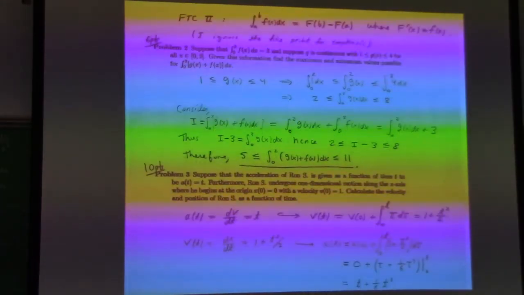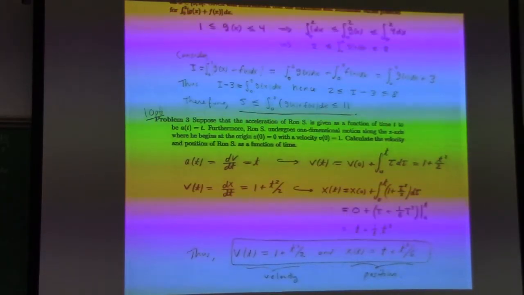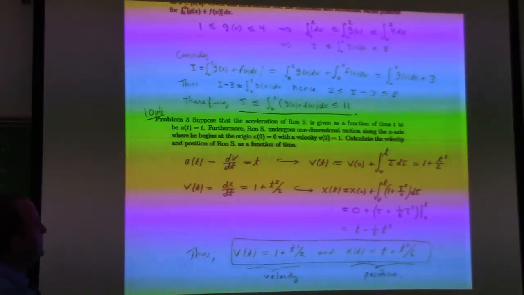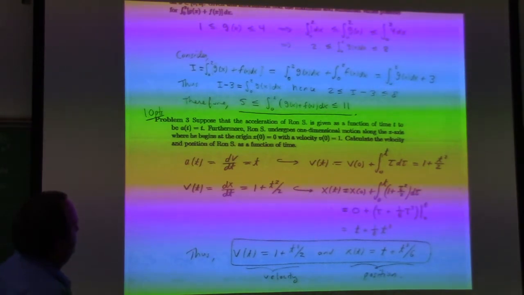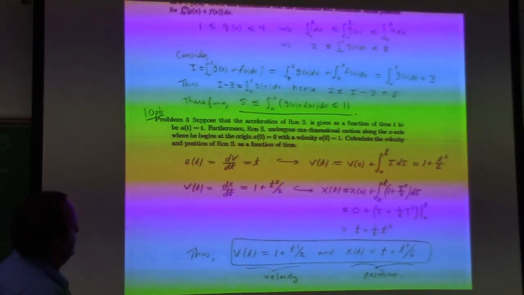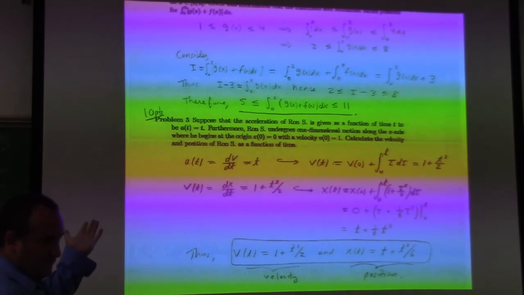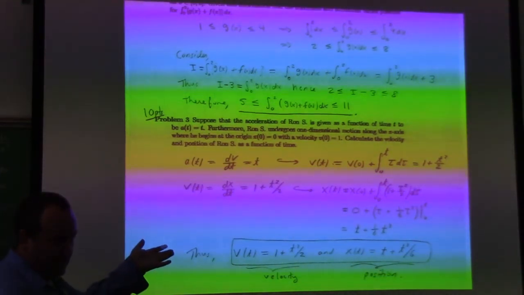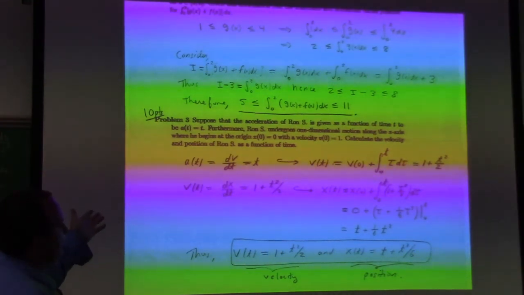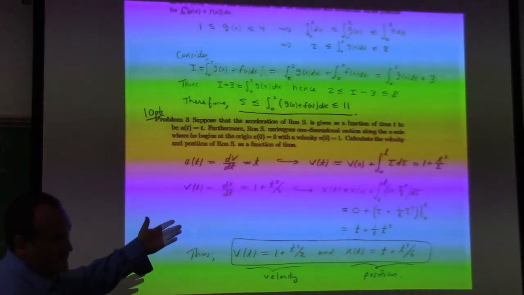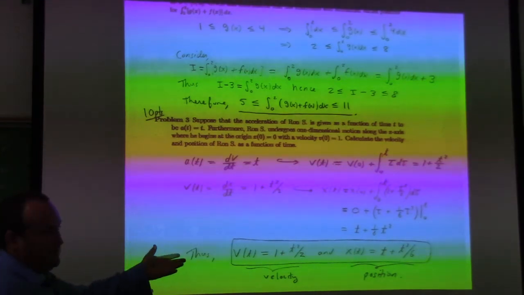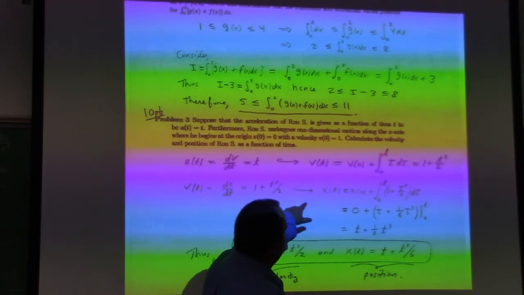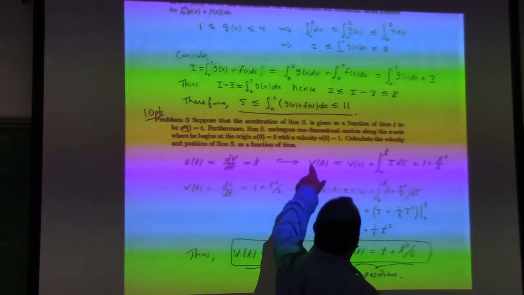Problem 3. This was just like your quiz problem we just did, right? This time I give you the acceleration. Well, actually, it's a little bit different, isn't it? This one I give the acceleration as a function of time, right? In the quiz, I gave you velocity as a function of time. Since I've given you acceleration here, you have to integrate to find the velocity, and then integrate again to find the position. And I did it a little bit different here. So what I'm doing here is using,